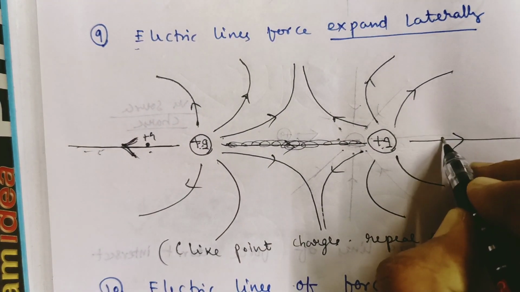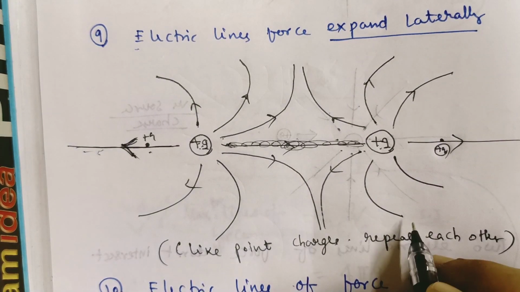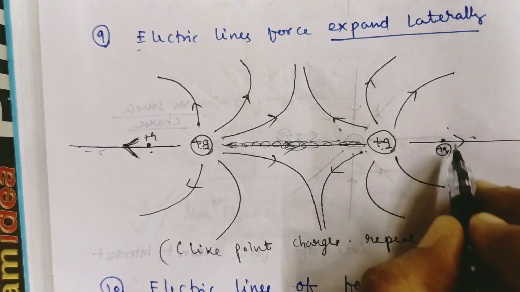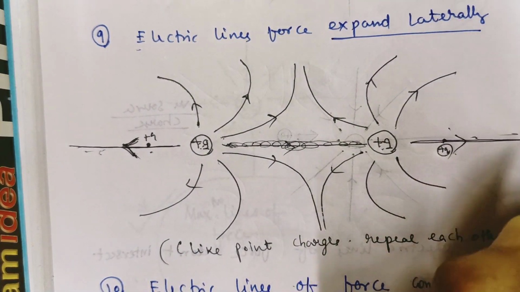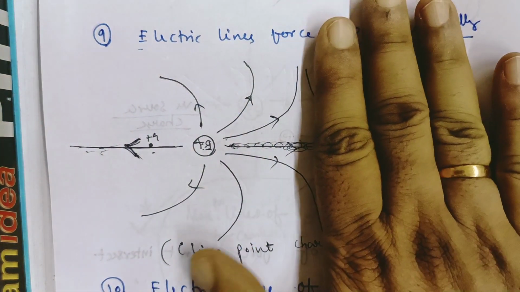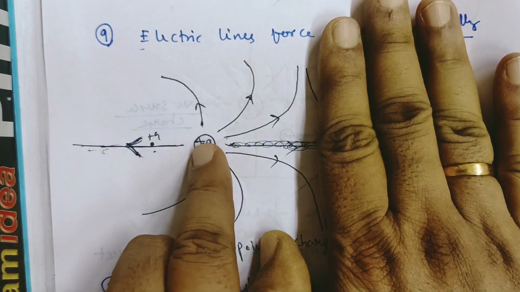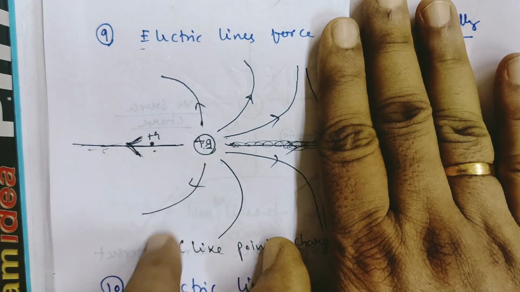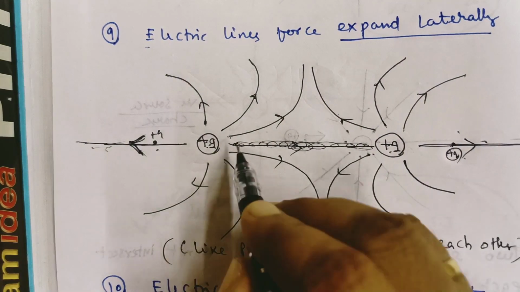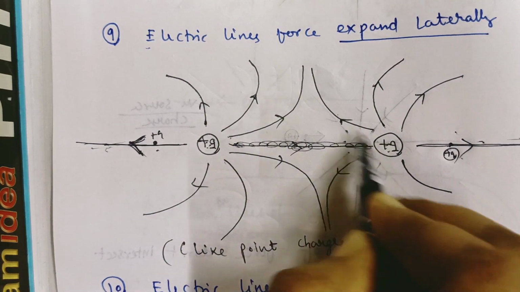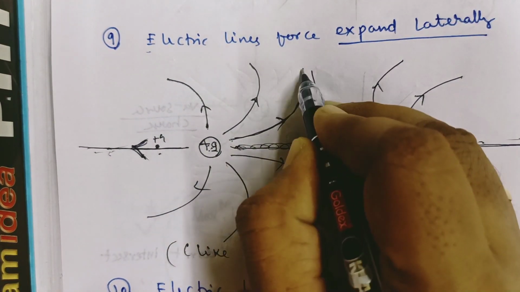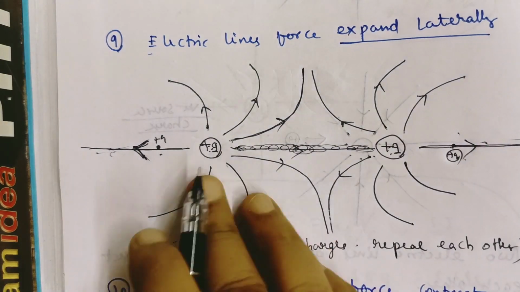Now you see at this point, if plus Q is kept here, this plus Q will repel and that plus Q will repel. Both repel in the same direction, so this line goes in this way. But if there is no other charge and only plus Q is there, the lines of force are straight lines outwards. But as the other plus Q charge is here, if a test charge moves towards it, this charge will repel, and from these two forces simultaneously the resultant path is in this way. So by practice you can draw all these lines.